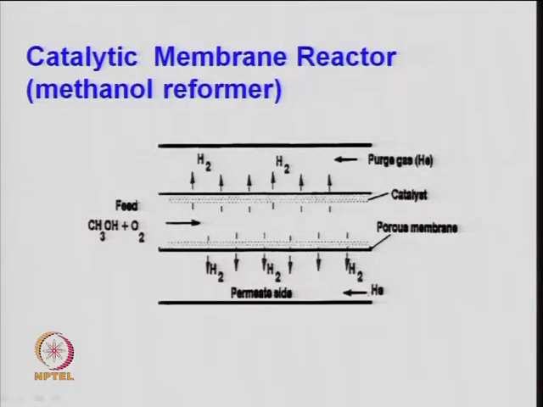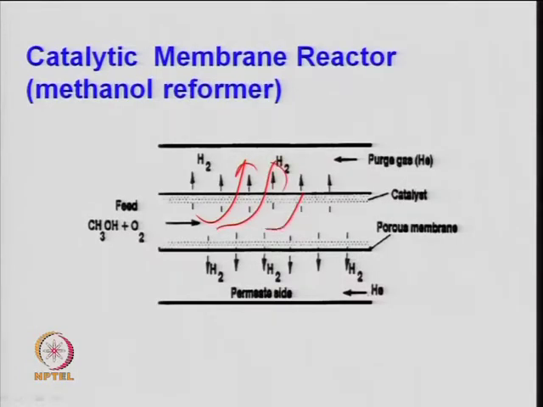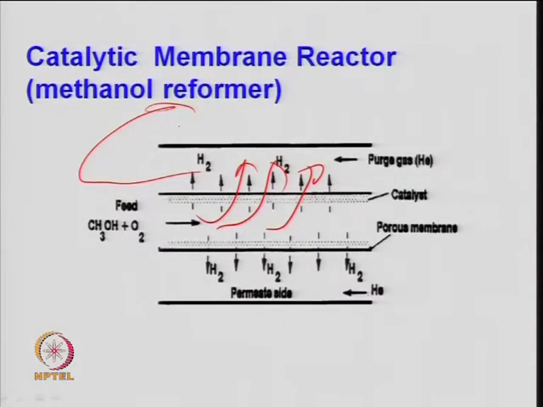But suppose you have a methanol reformer or methanol partial oxidation, so you are generating hydrogen, right. If you have a porous membrane, a ceramic type porous membrane material, hydrogen will diffuse through this, but larger molecules like CO2 cannot diffuse, they will remain here, and one can recycle them also. So, now you get pure hydrogen here, right. You purge this gas and take the hydrogen into a fuel cell unit, and you have the pure hydrogen required for the fuel cell, and here you have disturbed the equilibrium. So, more and more conversion will take place.